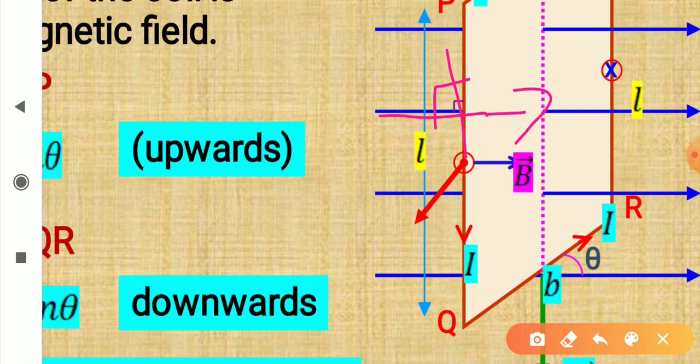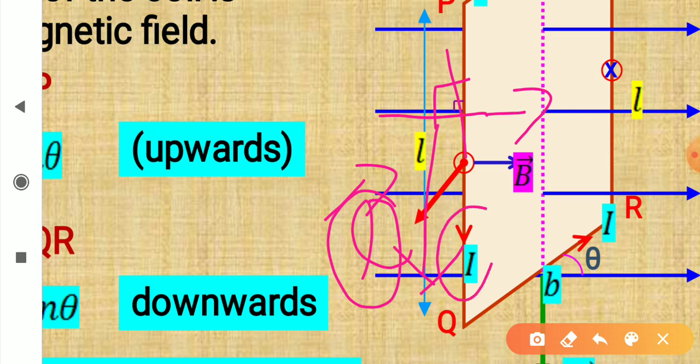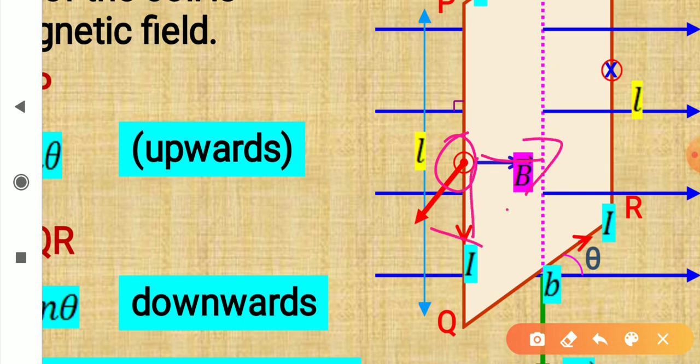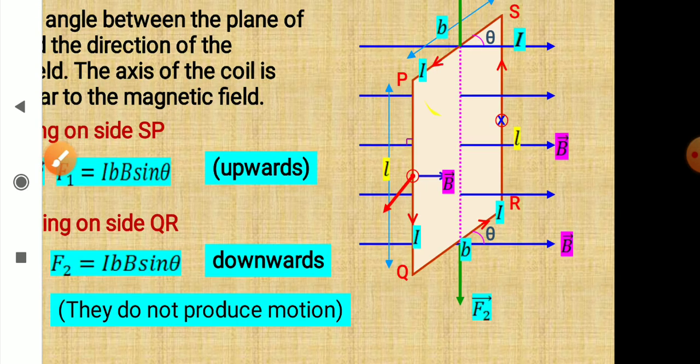So L and B are perpendicular to each other and direction of vector L is this one. See, direction of length vector is along the direction of the current. So at this point, the vector B is along this direction and vector L is along this direction. And when you find out L cross B, using your right hand screw rule or Fleming's left hand rule, so what you get is